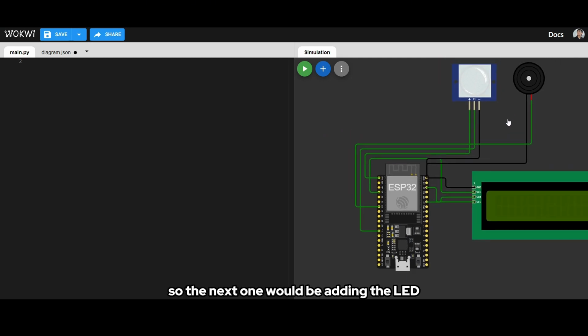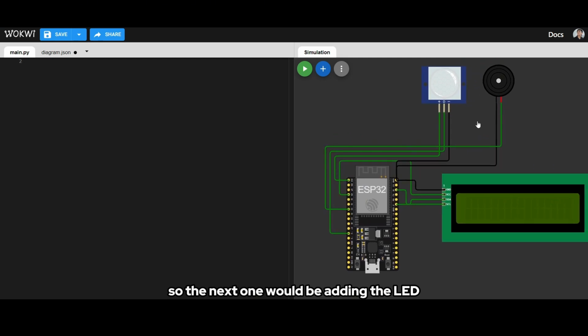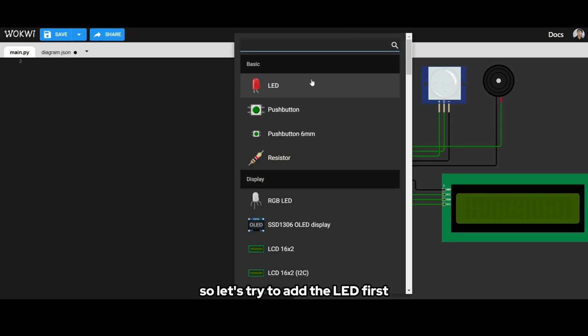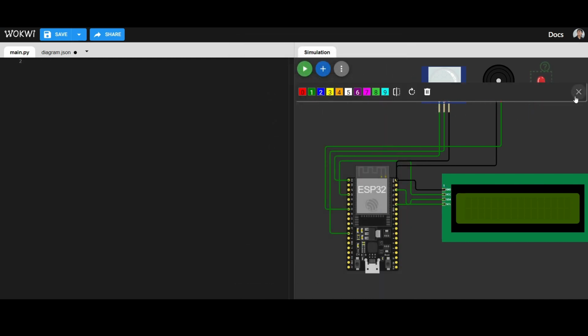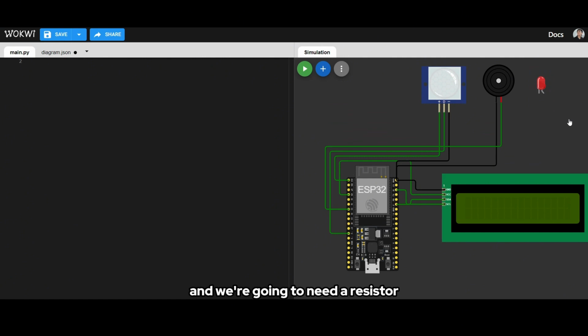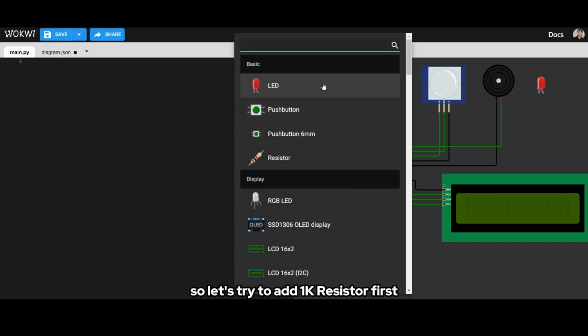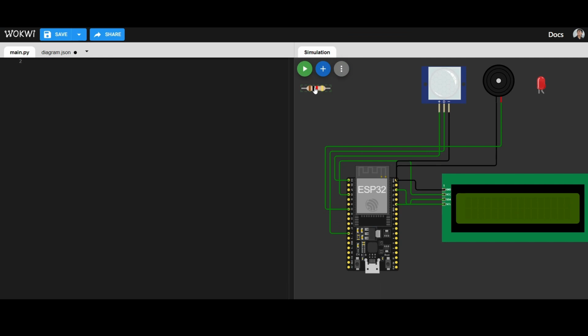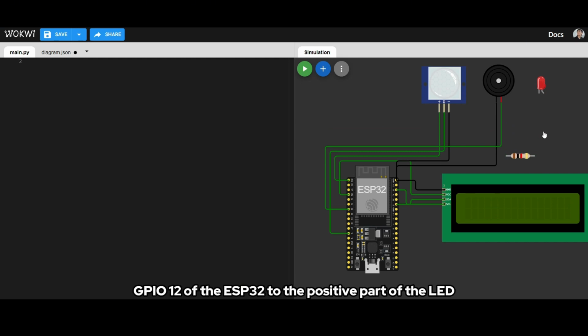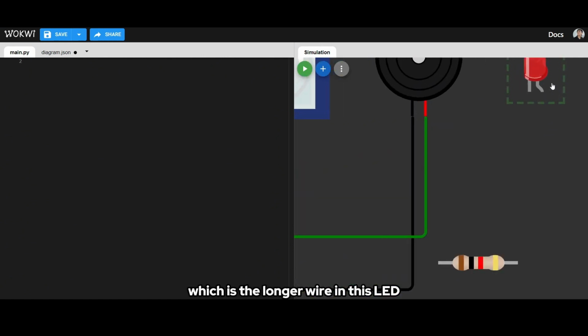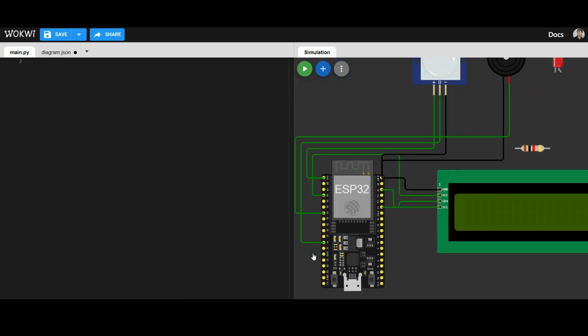Fine. So the next one would be adding the LED. Let's add the LED first. And we're going to need a resistor between the connection of the ESP32 and the LED to avoid frying the actual components. So let's add a 1K resistor first. The first step will be to connect the 1K ohm resistor between GPIO 12 of the ESP32 and the positive part of the LED, which is the longer wire in this LED. GPIO 12,